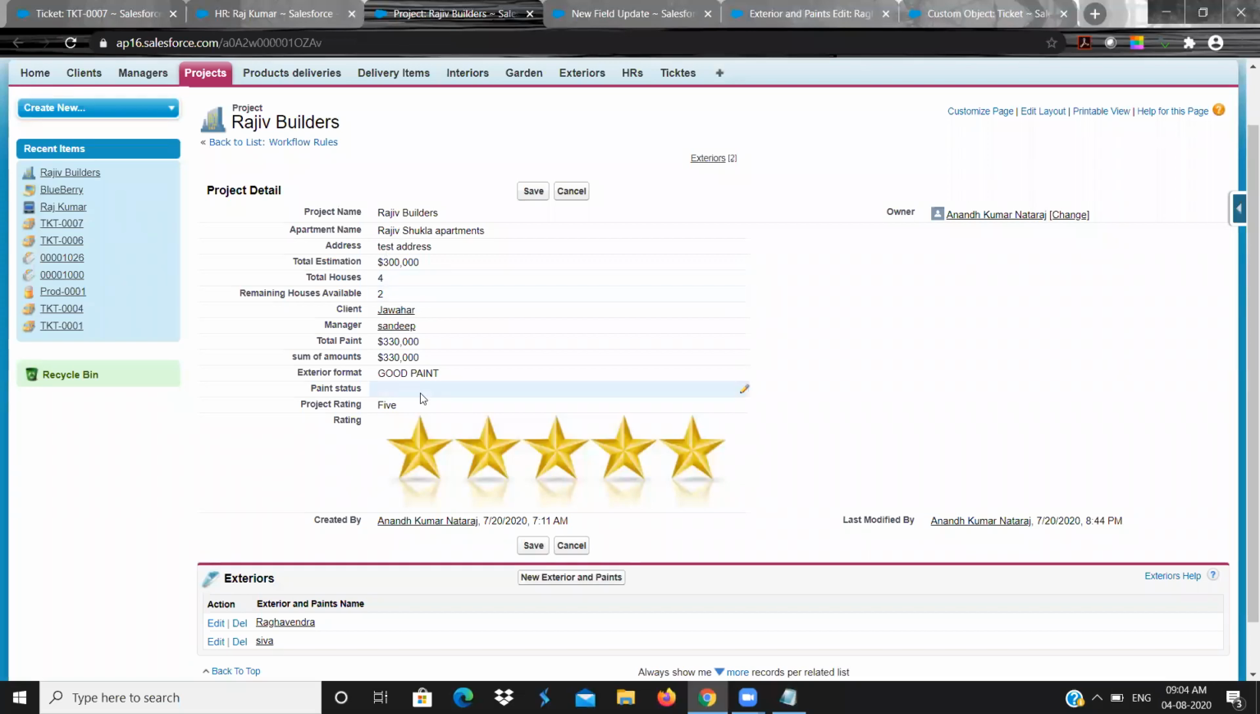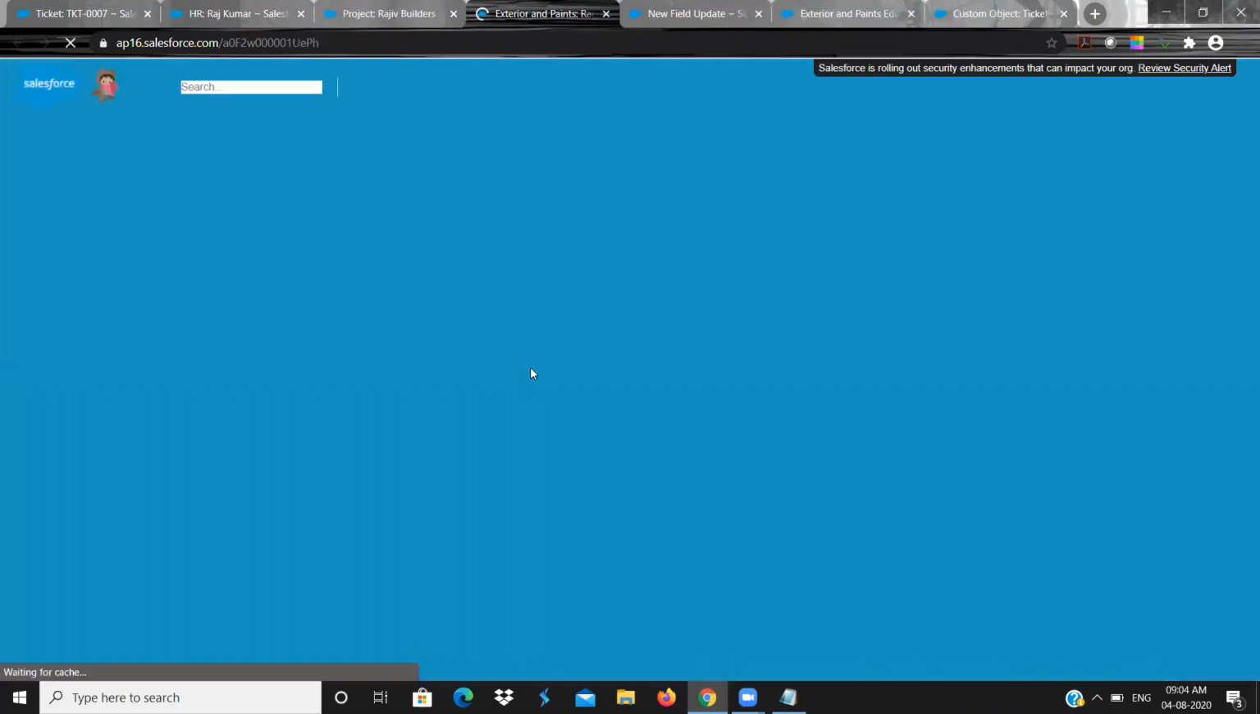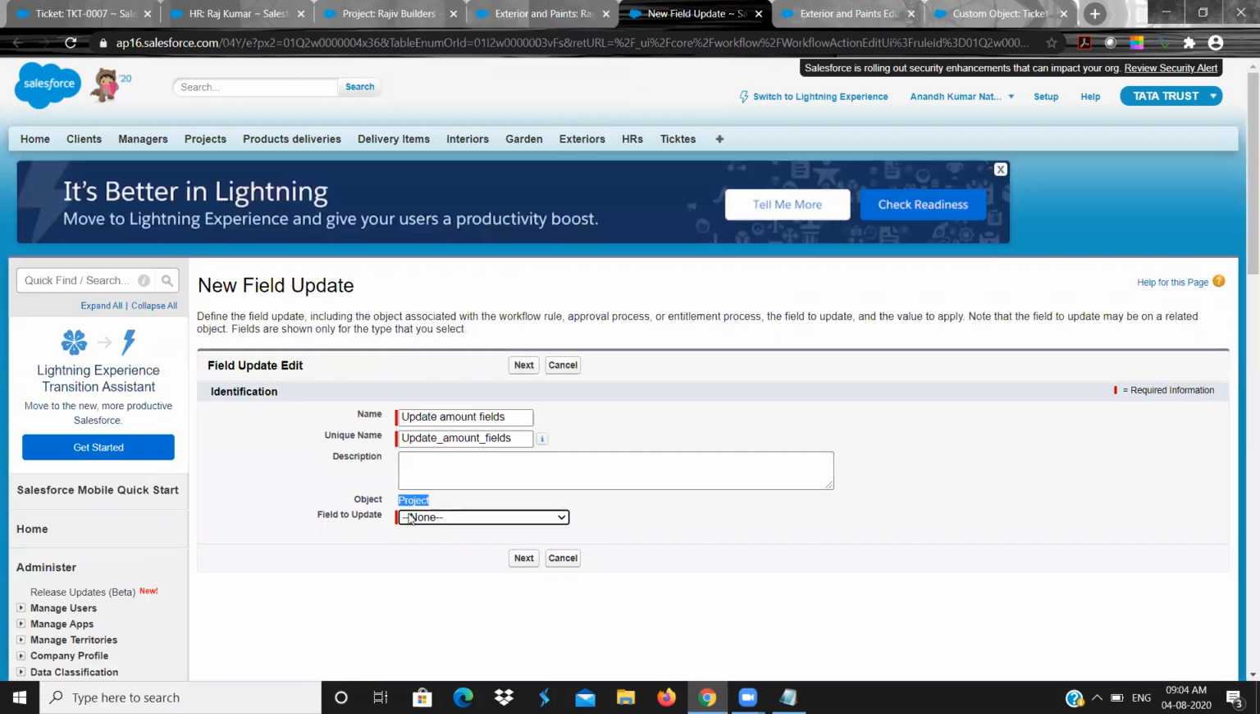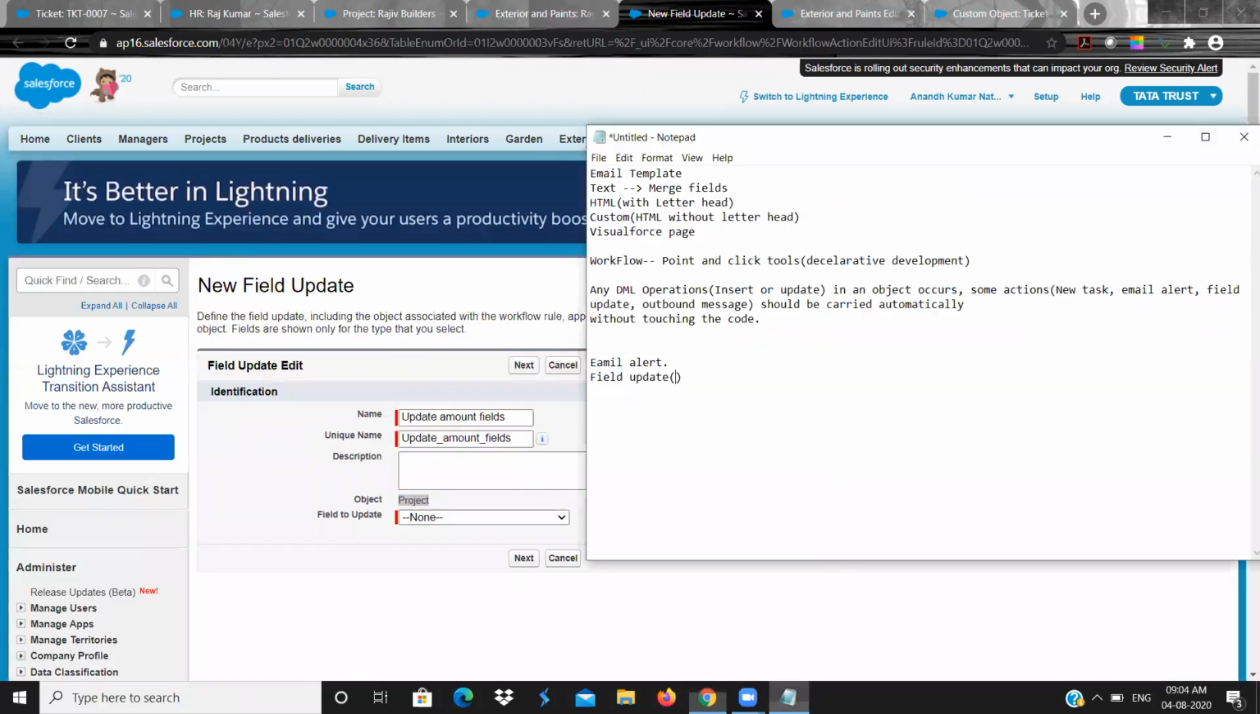This project is a parent and this exterior is a child. And you don't have the field amount paid or paint name. So if you want to do field update in workflow, field update in workflow is possible only from child to parent. Okay, not from